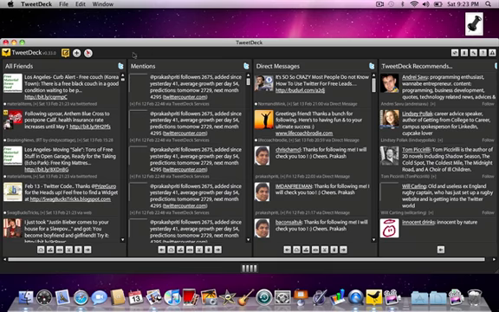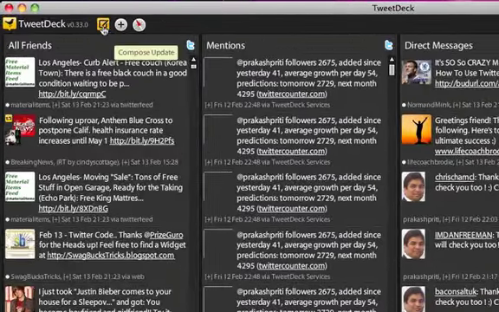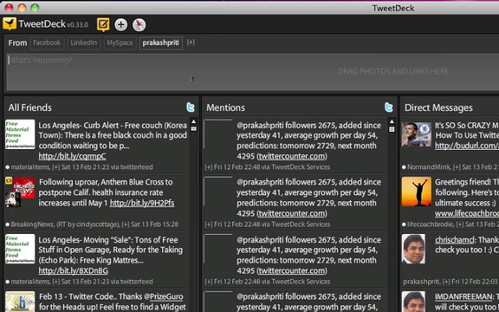I'll close it, and now I will show you exactly how to compose an update. So you can click here on compose update. It will open up a place where you can type in a message, and the smallest character limit is for Twitter, 140 characters. So that's how it works, and it will show you on the top. By default, my case is only the Twitter application message, but if let's say I want to send it to all these social media sites, Facebook, LinkedIn, MySpace, and Twitter, then I can select all of them, and then I can come here and I say